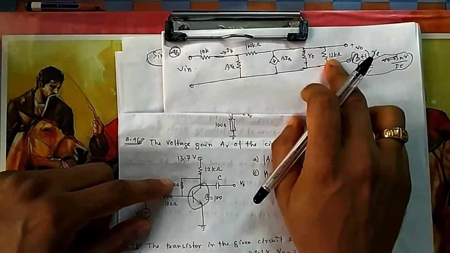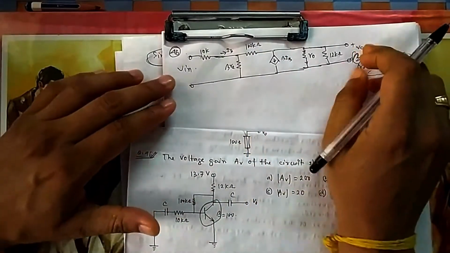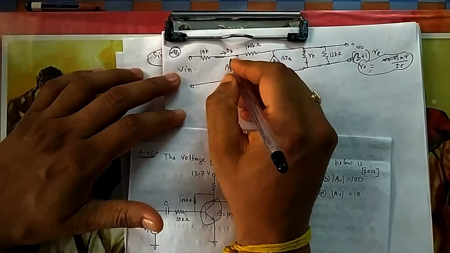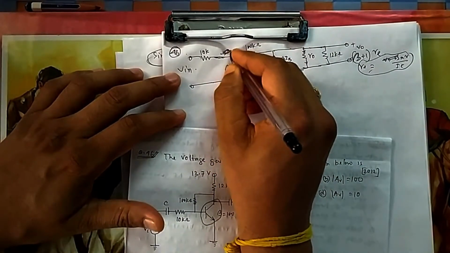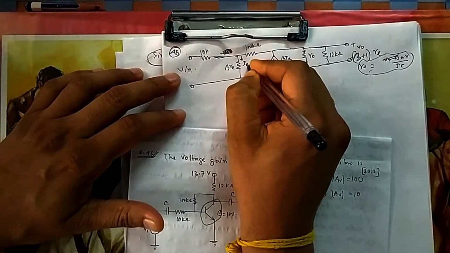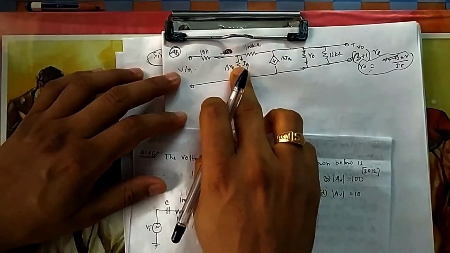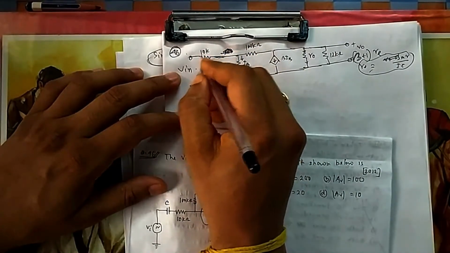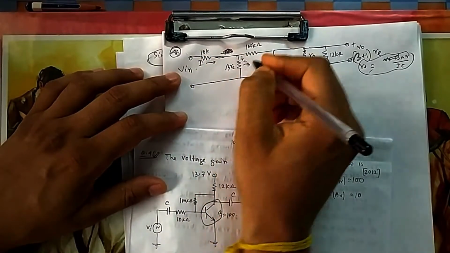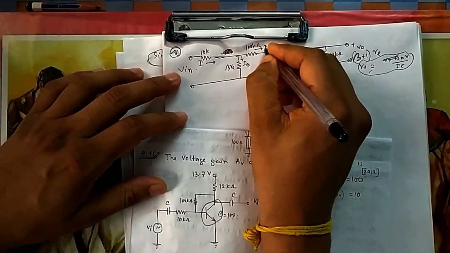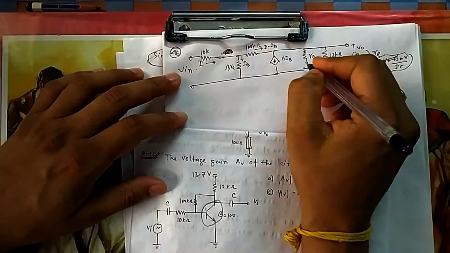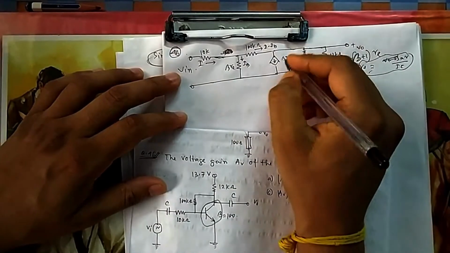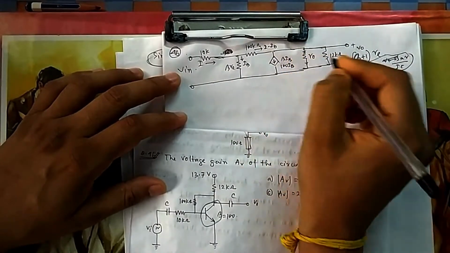So all the resistances are connected, 12, 100 and 10. Now you have to analyze this one. You have to find the relation between these and these. That's it. Nothing else is required now. And which one is your IB? This is not your IB now. This current is your IB. The current that is flowing through the internal RE is this current, and these are extra resistors, the extra resistance that is connected. So this is your IE, this is IB. So you can consider this current is IE minus IB, and this current will be IE minus IB minus beta into IB, where beta is given as 100, into IB. You write it down.